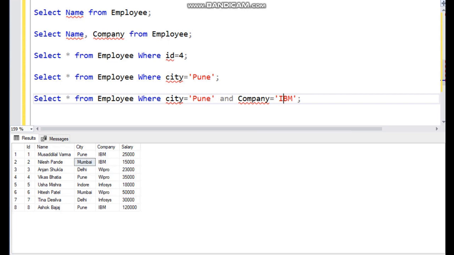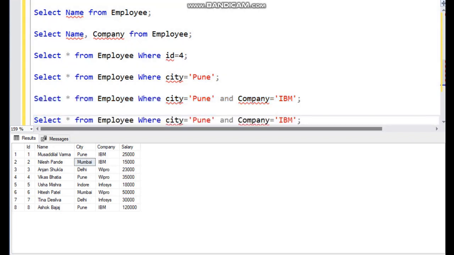Now we want to display employee details who live in Pune or in Mumbai, correct? So we will have employee details, city is equal to Pune or city is equal to Mumbai. OR condition is there. So here we have to write OR.